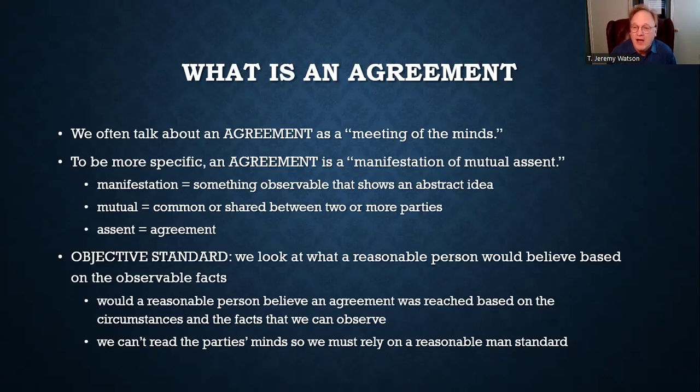So could that be a written contract? Absolutely, 100%. A written contract is a manifestation of the agreement, right? It is something observable. It's physical. It's tangible. But do you always have to have a written contract to have an enforceable contract, to have an agreement? No. There's other types of manifestations, right? Manifestations could be oral. I say, will you sell me that watch for $10? And you say, yes. We now have a manifestation.